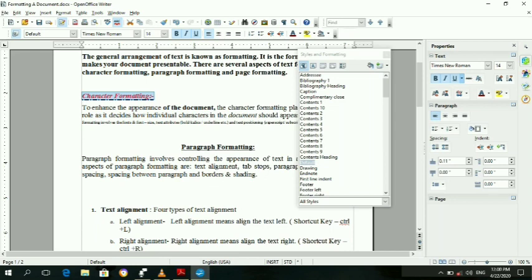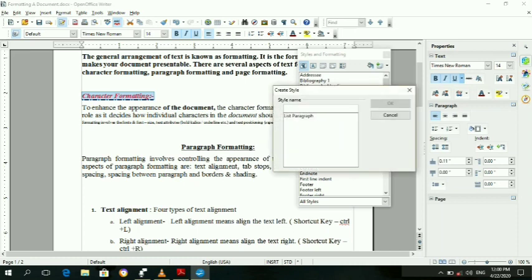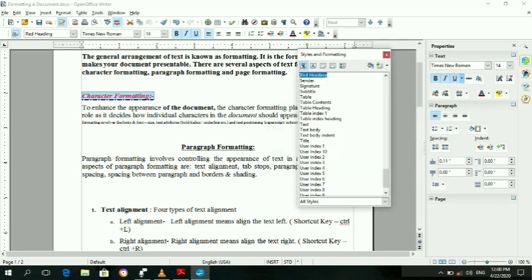Once I release the mouse button, the Create Style dialog box will appear. Here you have to write the name of this style. Again I am writing red heading, and then click OK. Now see here, the red heading style came into the paragraph styles, and it is also present in the character styles.